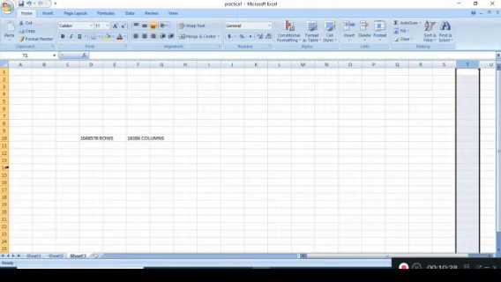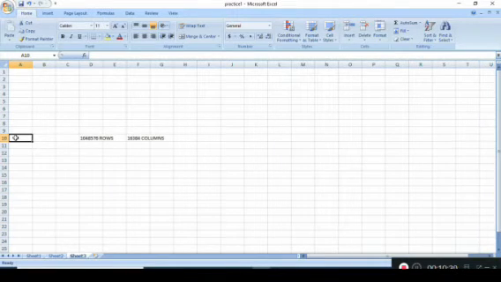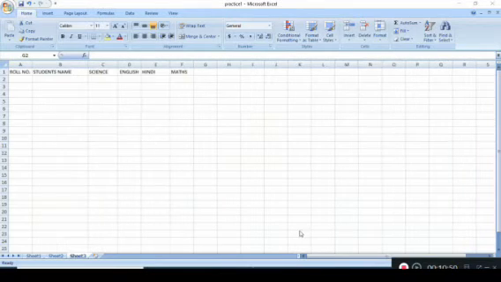Next we will study entering data in an Excel worksheet. How can we enter any data in our Excel worksheet? For doing this, I'll create one small table over here. You can see here I have created a small heading for the table.